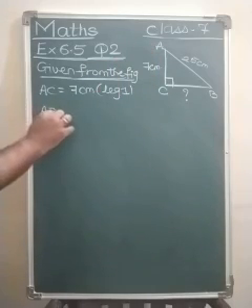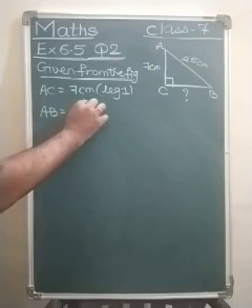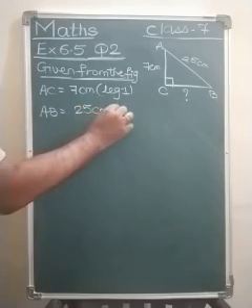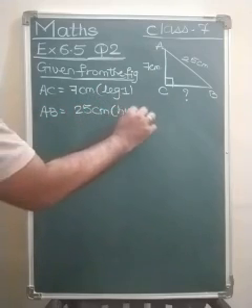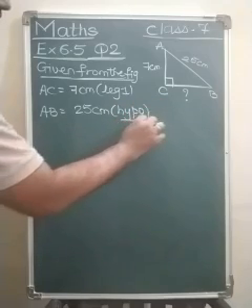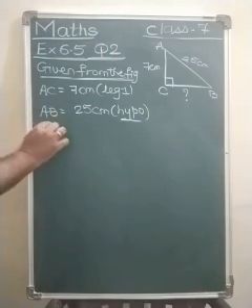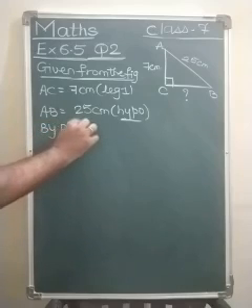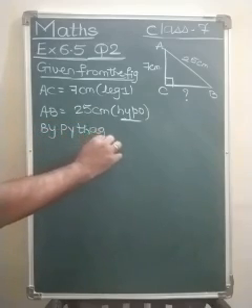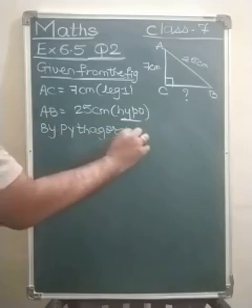AB equals 25 centimeter, that is hypotenuse. Okay, that is hypotenuse. Now by Pythagoras property,